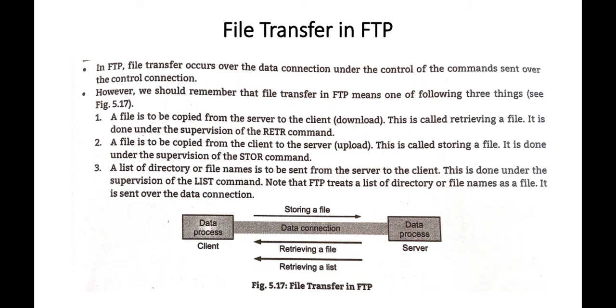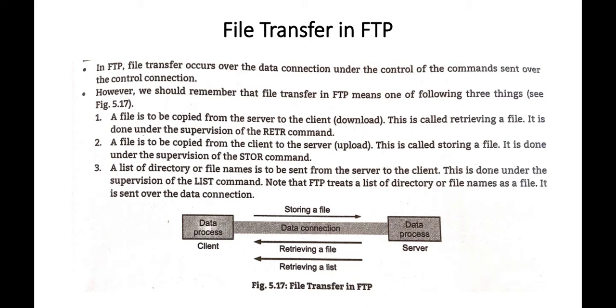Here also, just like TCP, it is bidirectional. The communication can be done simultaneously at one time. Client and server both communicate with each other by sending some commands. But here the difference is that we use two types of connection. For these two types of connection, two port numbers are allocated.